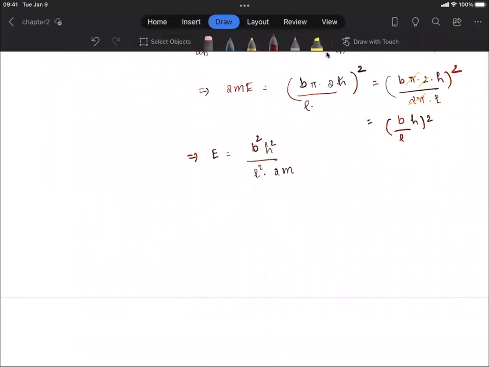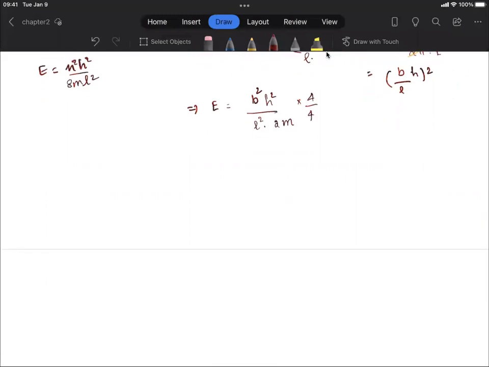Now this is very similar to the energy levels we have for a particle in a box, which are n squared h squared over 8mL squared. So we can multiply and divide this equation by 4, right? That will give us... now I can write these two as